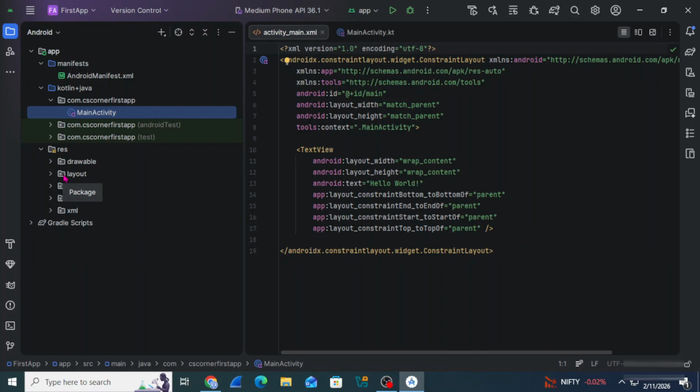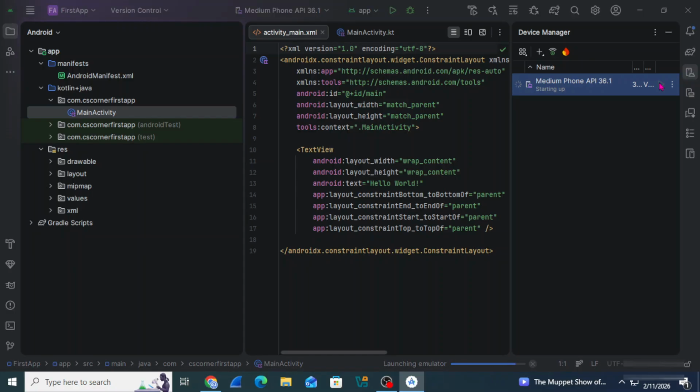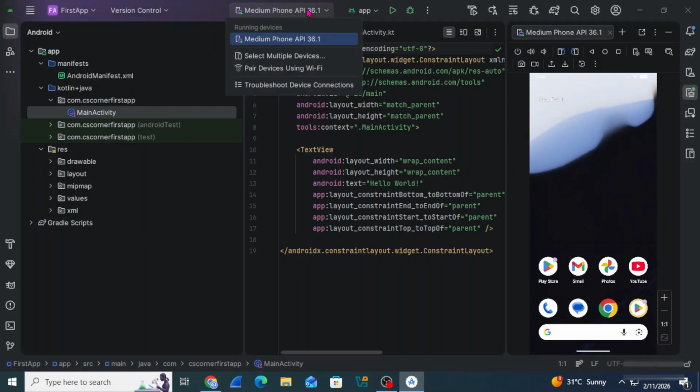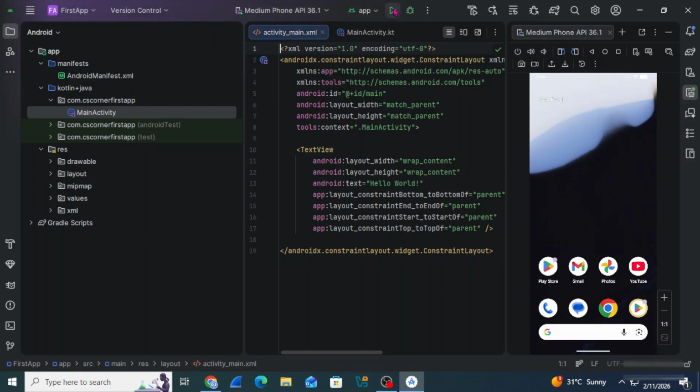Guys, we have already installed Android virtual devices. So here you can go to device manager, and here you can see it's showing me my Android virtual device. Here it's showing the name of Android virtual device. So I'm going to just start this Android virtual device. So when you start, it is not going to run your app. So to run your app, you need to click on play button. Here I'm just starting this Android virtual device just to show you that my device is running. So guys, here now let me just click on this play button. So you can see my Android virtual device has been started. Now I'm going to run this application on this Android virtual devices.